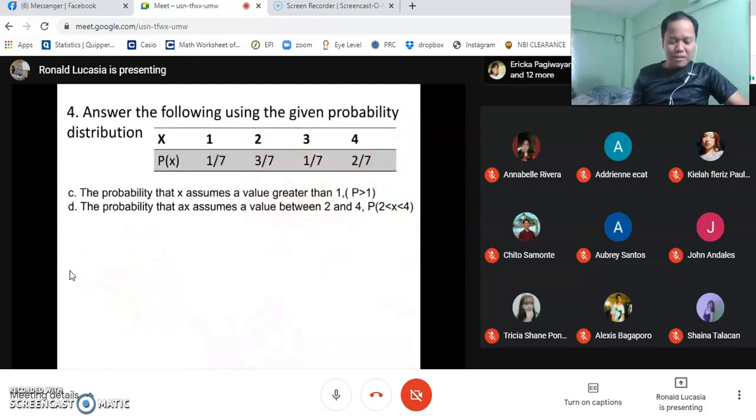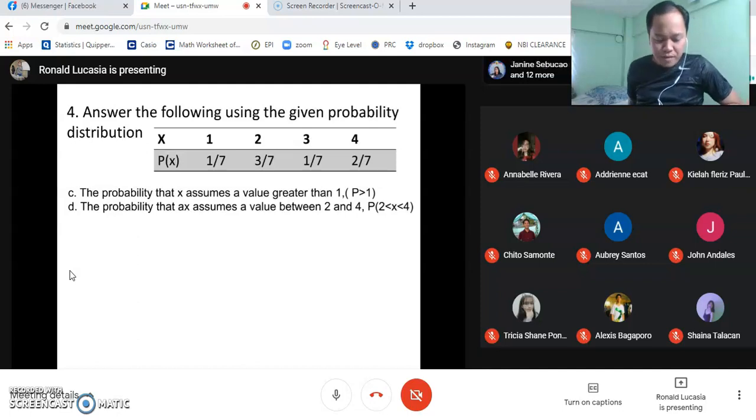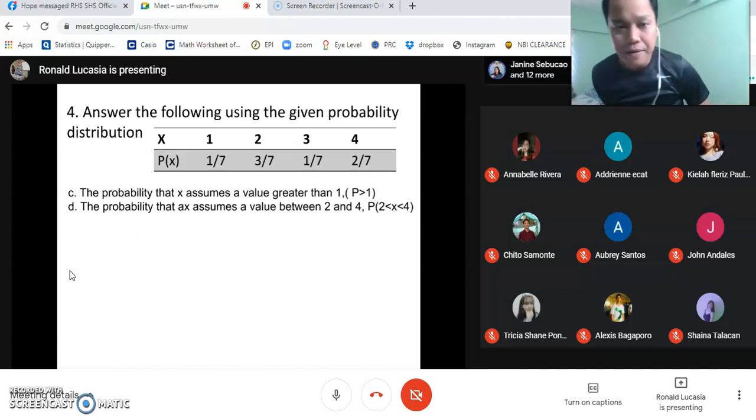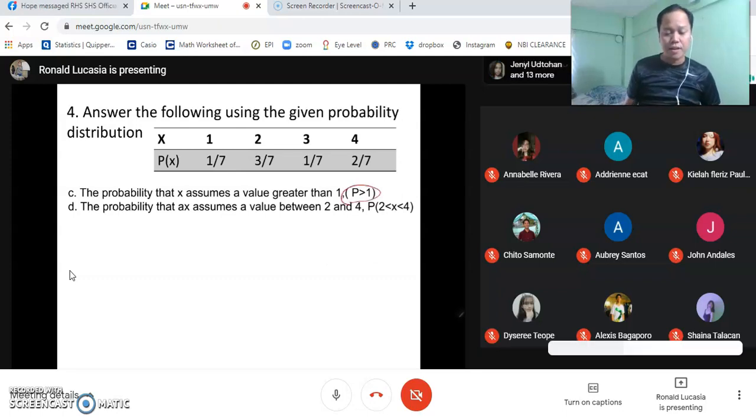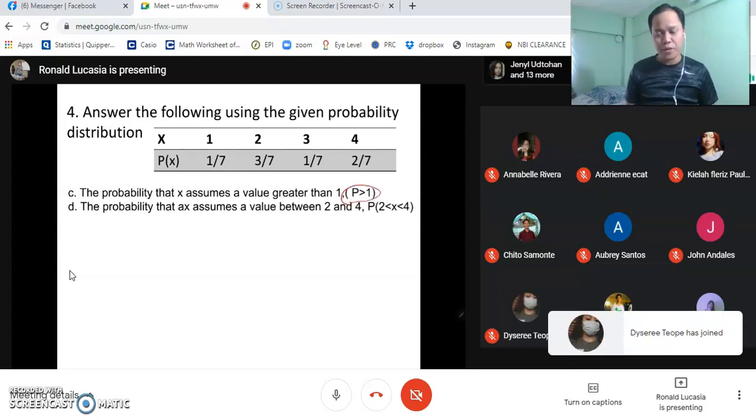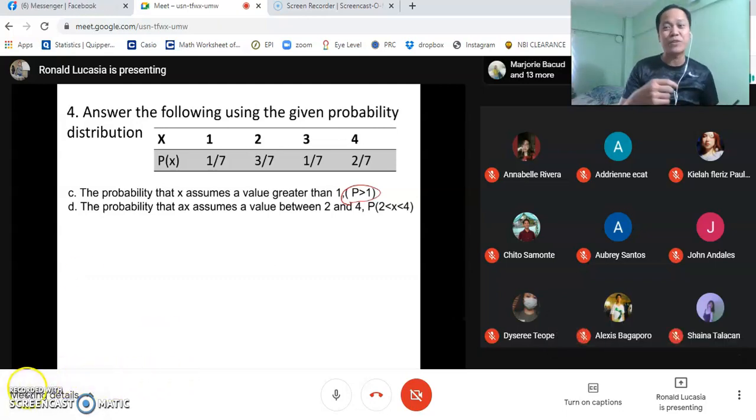Okay, what about the next letter? The probability that X assumes a value greater than 1. This is called the probability greater than 1. So when you say greater than 1, 1 is excluded. It's not included because it is greater than 1. 1 is not greater than